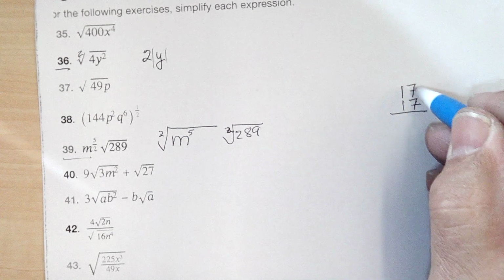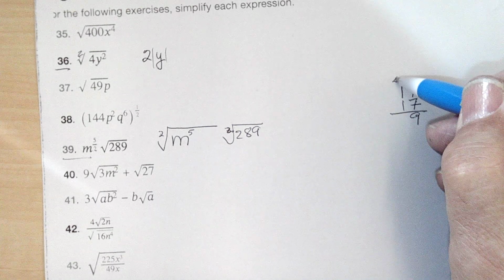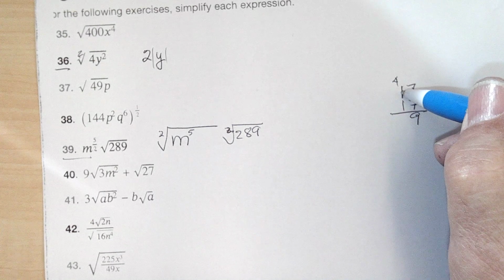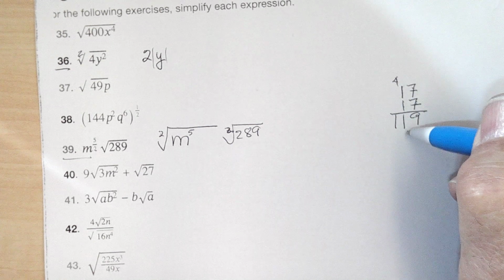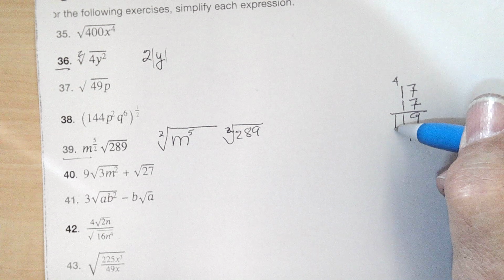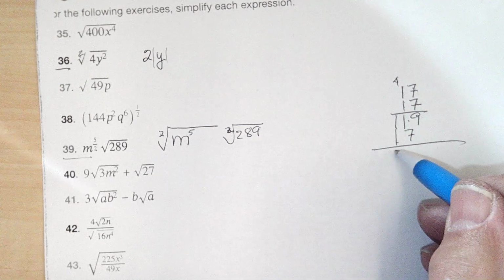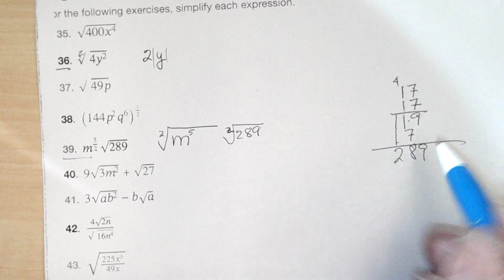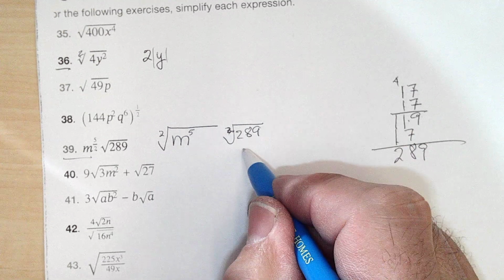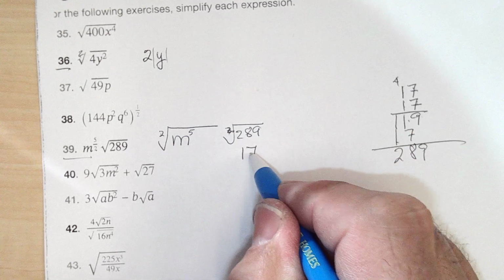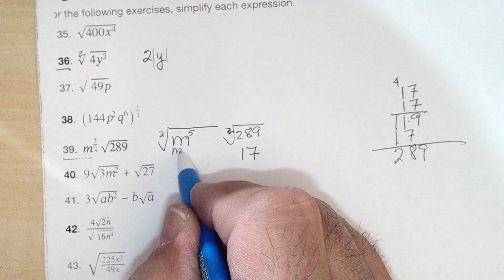I'm going to check. 7 times 7 is 49. Carry the 4. 7 times 1 is 7, 11. And 1 times 7, 7. 1 times 1, 1. And I get 289. So the square root of 17 squared is just 17. And 5 m's